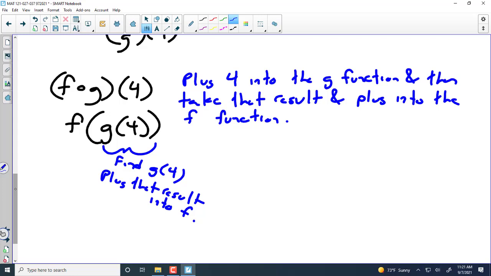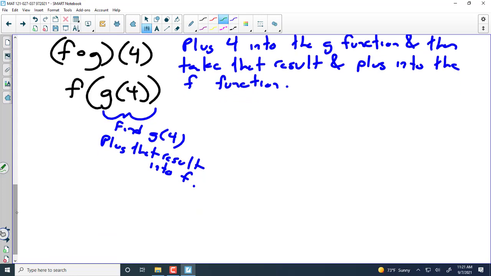Question? So, does it matter which one you plug into first? Absolutely it does, yes. So, note the order I've written them here: plug 4 into the G function, then plug that result in the F function. If it did say this,